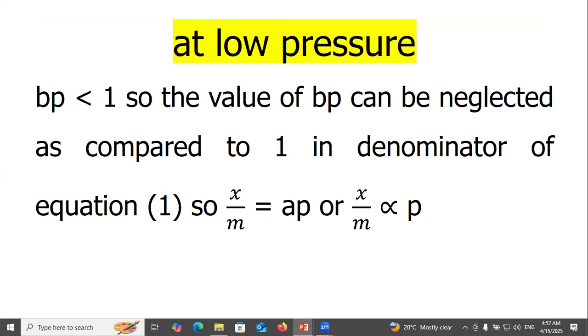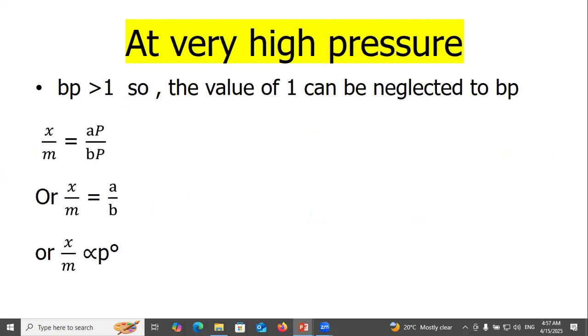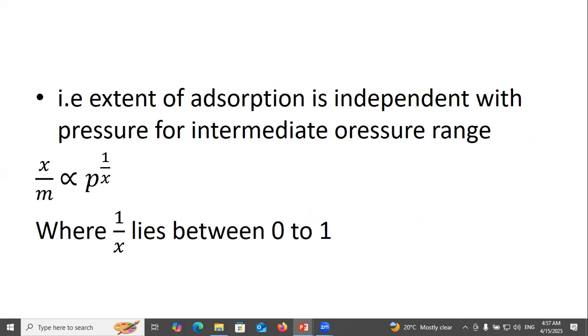So x over m equal to AP, x over m proportional to P. At very high pressure, BP is greater than 1, so the value of 1 can be neglected compared to BP, x over m equal to AP over BP, x over m equal to A by B, x over m proportional to P naught. That is, the extent of adsorption is independent of pressure. For intermediate pressure range,